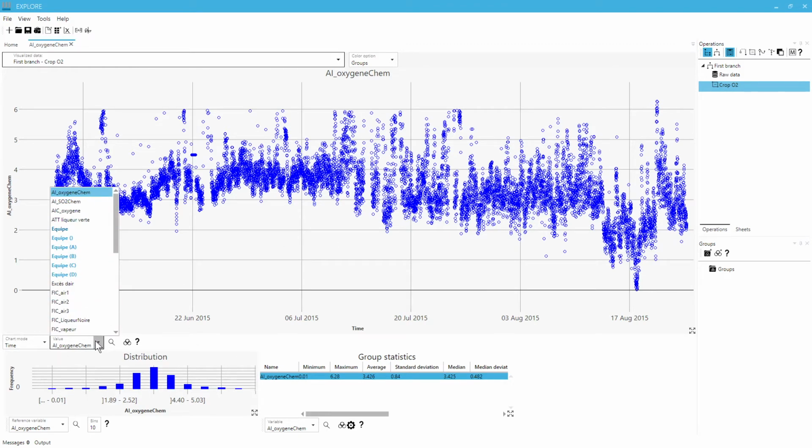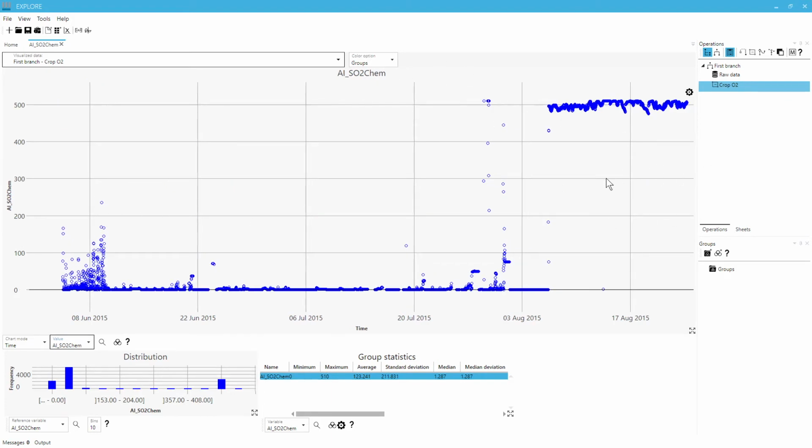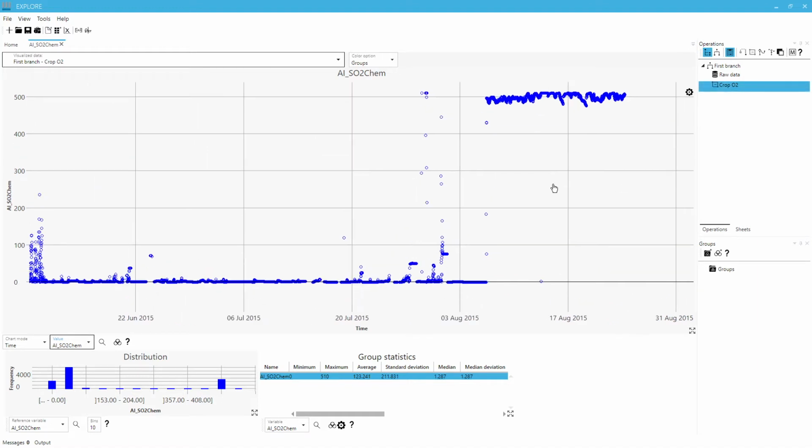When we did that cleaning, we didn't clean only for this variable, we did clean for the rest of the dataset as well. So the other variables have been cleaned, because if those data were not good for this sensor, they were probably not good for the rest. It's not the case for every sensor, but in this case it was the case. So we can go see our variable that we are interested in, the SO2, and to be able to